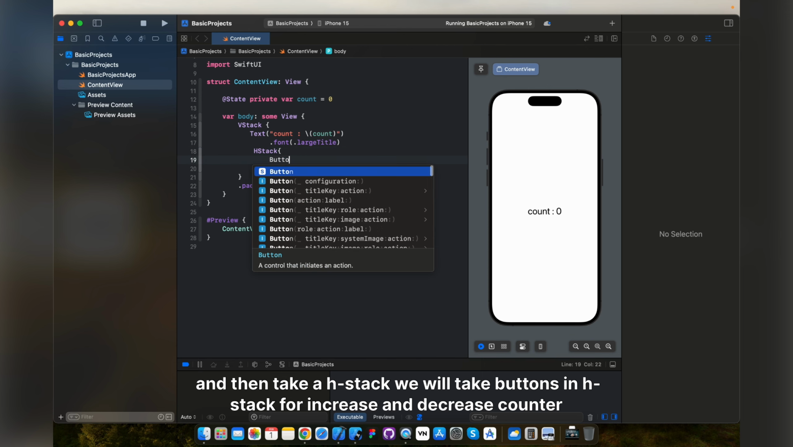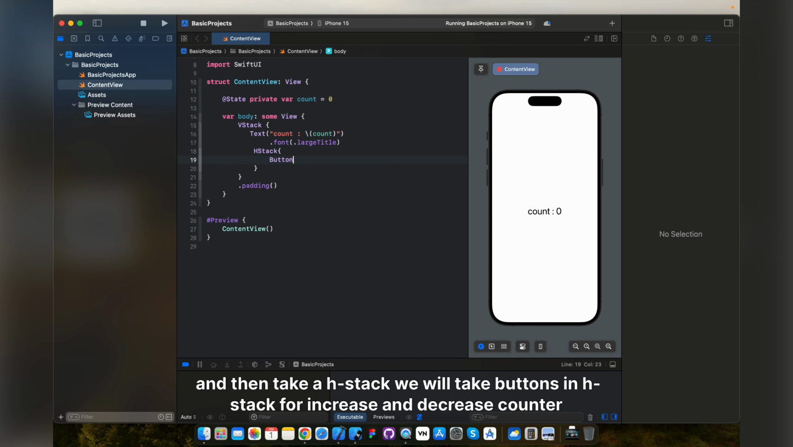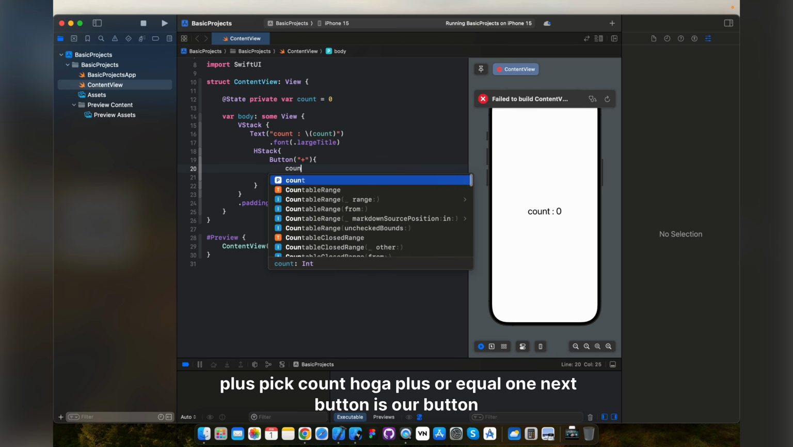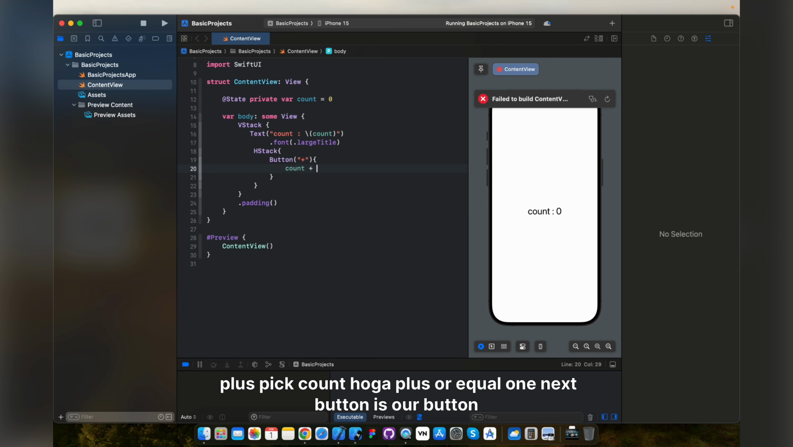We will take buttons in the HStack for increasing and decreasing the counter. प्लस पे काउंट होगा प्लस और इक्वल 1. नेक्स्ट बटन होगा हमारा